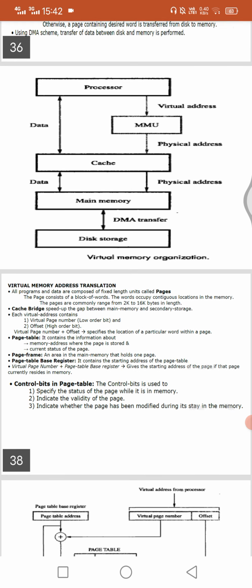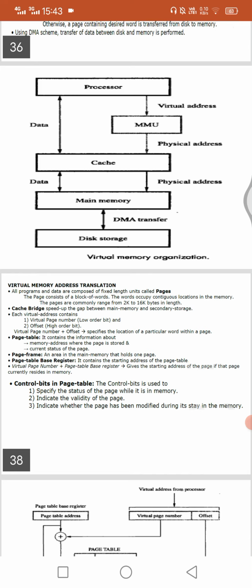Now, virtual memory address translation. All programs and data are composed of fixed-length units called pages. You have learned these page concepts in your OS also. The page consists of a block of words. The words occupy contiguous locations in the memory.